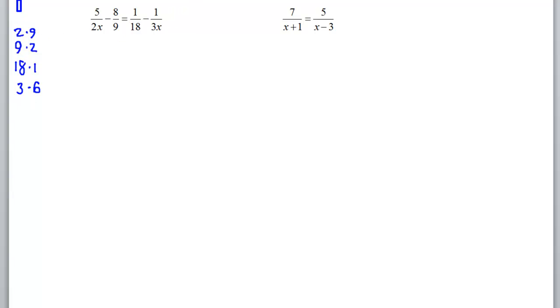18 is going to be part of our LCD. But you'll also notice that there is an x nearby, and the x also needs to be multiplied by everything, so that is our least common denominator of 18x. So every single part, and I would really write these problems out. I know you probably want to squeak them in between the space that I have written for you on the worksheet here, but my goodness, if you're going to get these right on the test, you're going to want to rewrite these. A little bit of work is a lot less mess